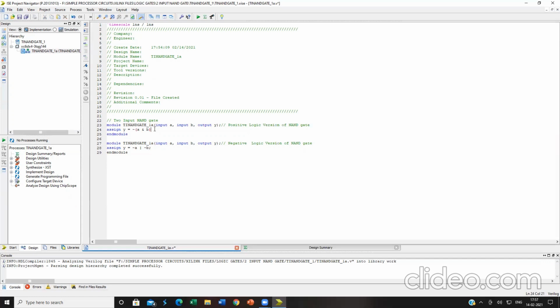Whatever changes you are making, suppose you are removing a semicolon or adding an extra variable, automatically an asterisk will appear on this Verilog file. That means you have not updated the changes. Kindly press Control S to update the changes. Only when the asterisk has been removed does it indicate your change has been updated in the program. Now, similarly to the previous video on how I enable or disable, I am disabling the negative logic version by including it as a comment. First I am going to test bench my positive logic version, then I am going to test bench my negative logic version.